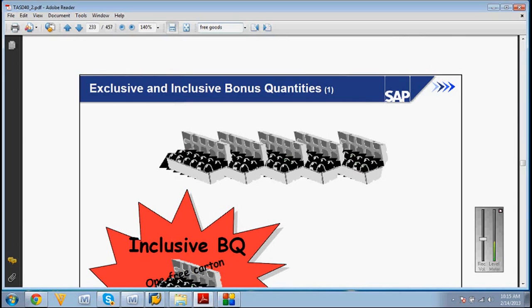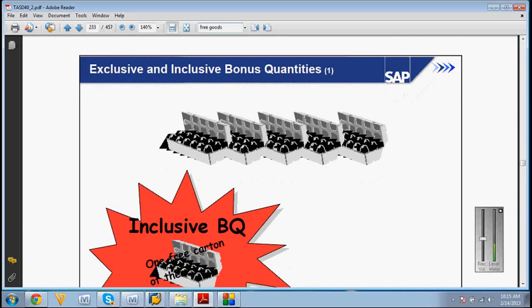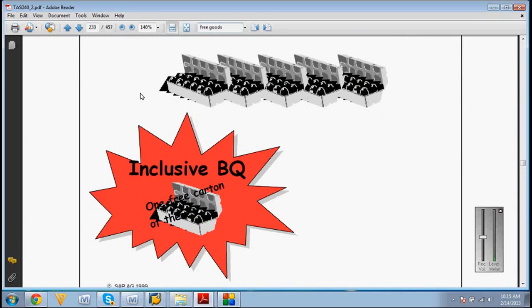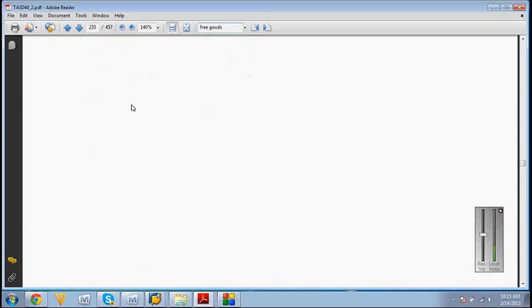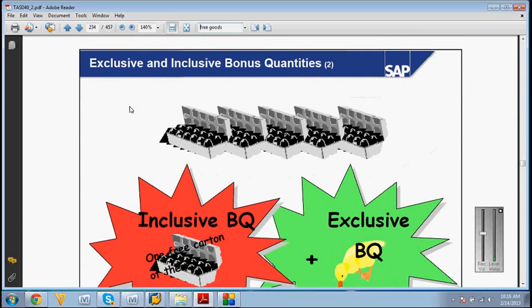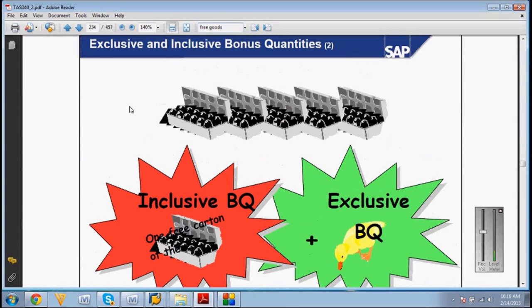Write this: exclusive and inclusive bonus quantities. What do you mean by exclusive and inclusive? Any idea? Inclusive is like a quantity discount: for these 4 cartons, one free carton is added.